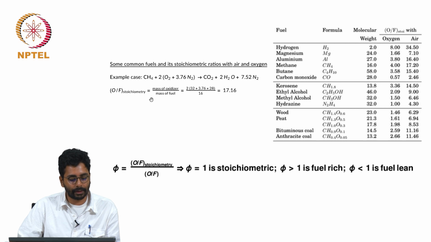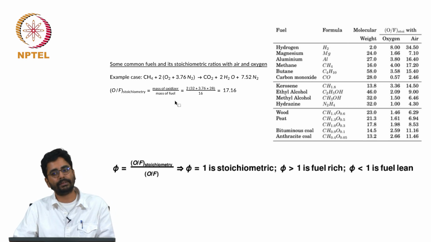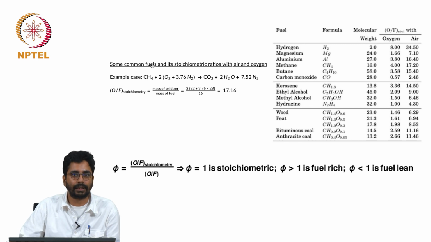The stoichiometric oxidizer to fuel ratio is nothing but the ratio of the mass of the oxidizer to the mass of the fuel. The mass of the oxidizer should be such that it has enough oxygen to convert all carbon into carbon dioxide and all hydrogen into H2O. I have shown a simple example of the methane stoichiometric equation. The oxidizer to fuel ratio for this is